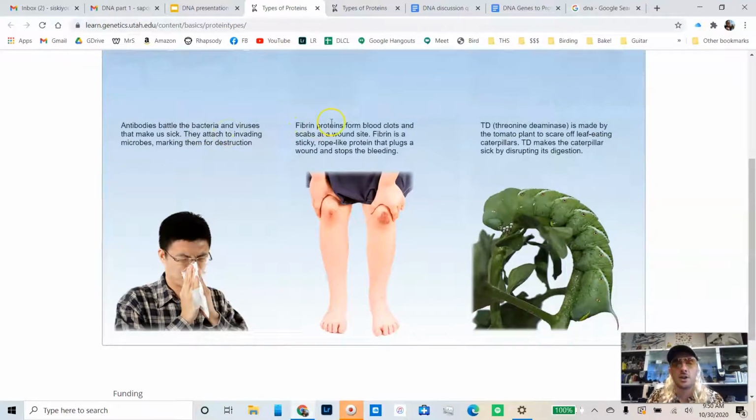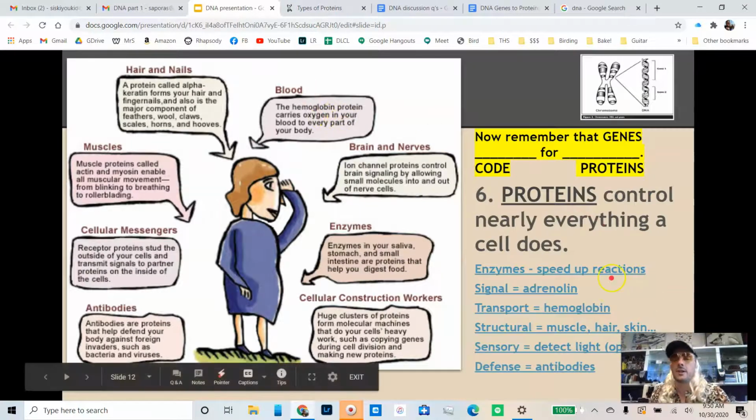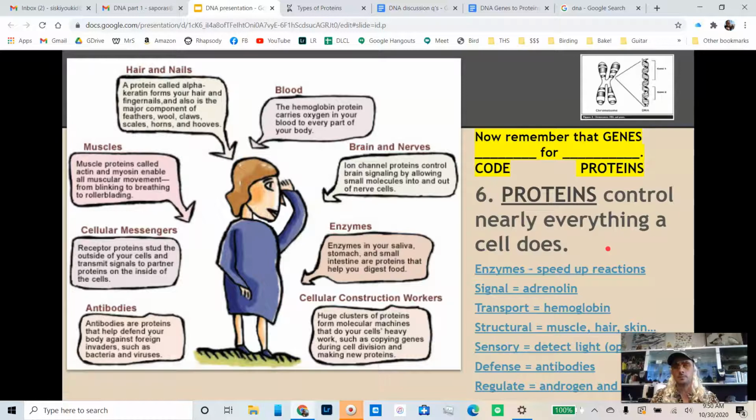We also have proteins called fibrin. And these help our blood clot when we get cut. These proteins are in our blood, but when they come in contact with atmospheric oxygen, it causes them to explode into this spider web shape and create a net that will stop the blood from coming out of our body. Pretty cool stuff. So you could click on that and explore all of the different types of proteins there. Just a cool link to that as well.